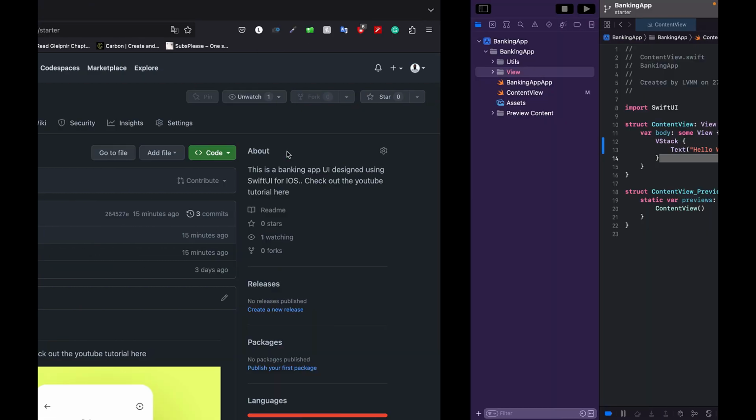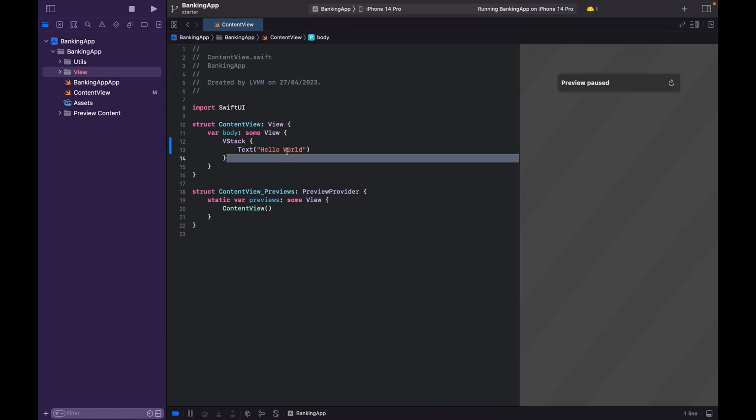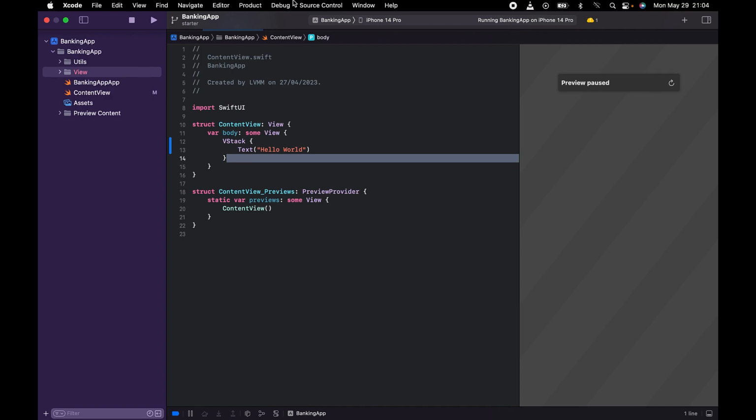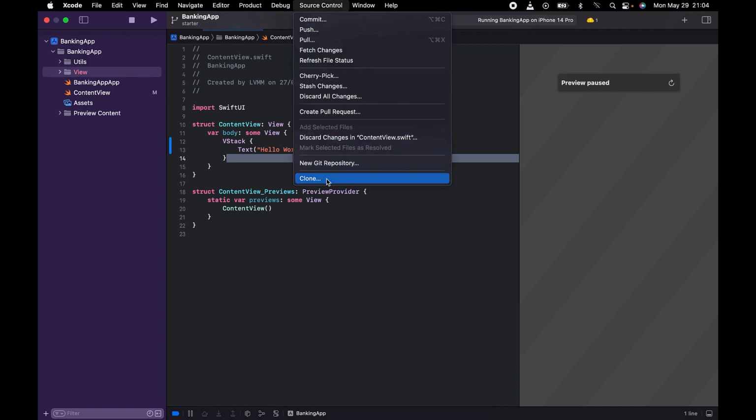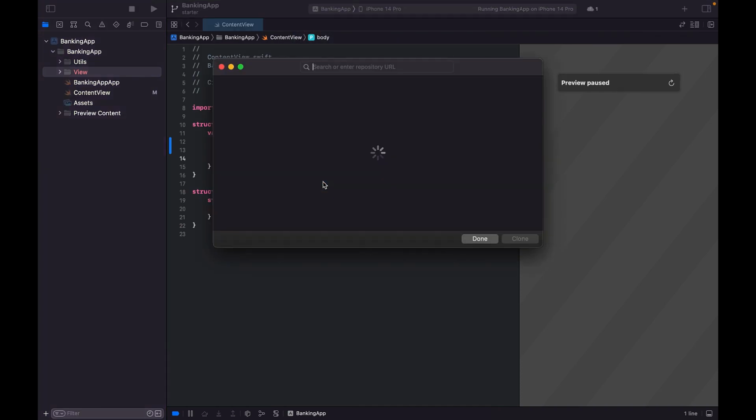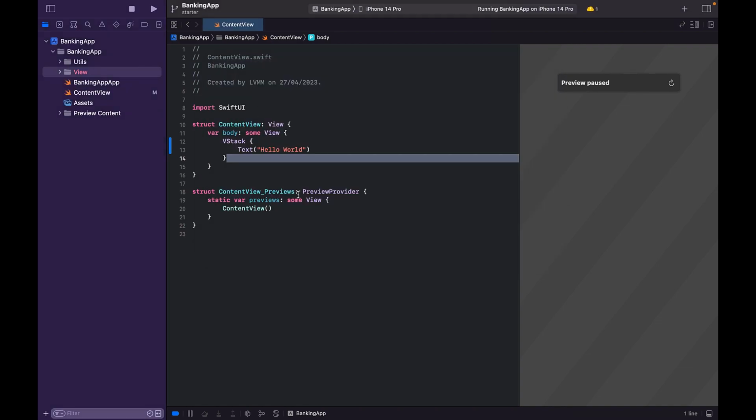After you have this, what do you do? You go to Xcode. I already have it open here, but when you're in Xcode, you come to the top menu bar, hit source control, then you select clone. After you select clone, you paste in the URL here, then you hit clone. And after that, everything will be done automatically. And when everything is done, you will be presented with the project in your Xcode, all downloaded and